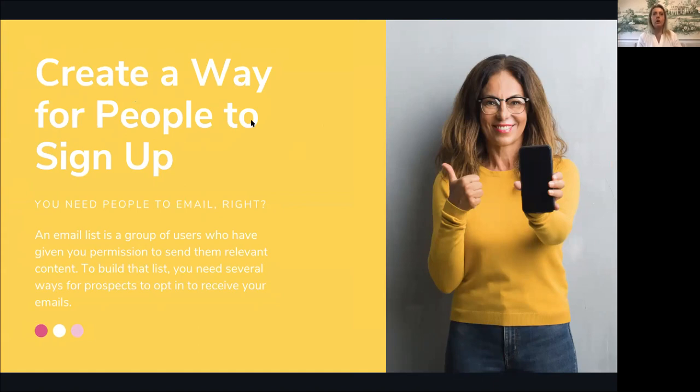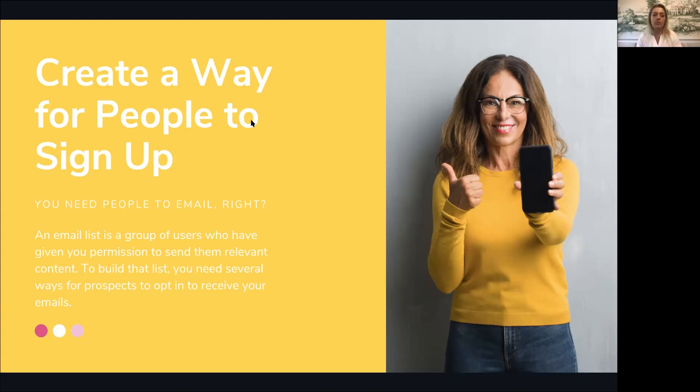So again, having a website is really great for this because you can put a little box, most websites have them, that asks people to sign up for your email and maybe they'll get 10% off or something like that. Or if it's just a nonprofit, you don't usually have to offer anything. You're just offering a newsletter or something like that. But you have to create a way for people to sign up in order to build your email list.